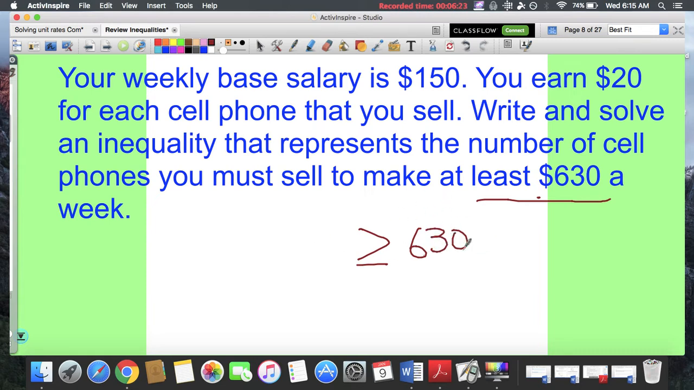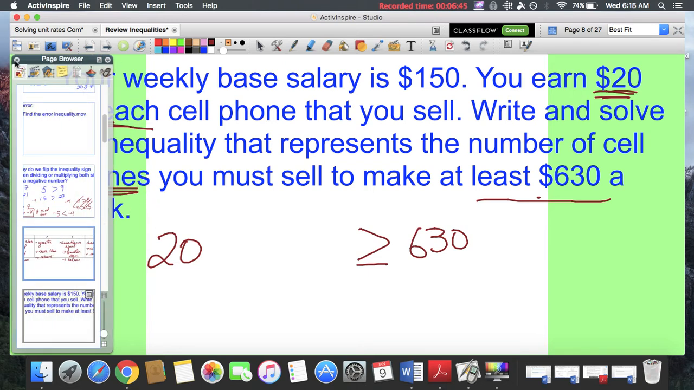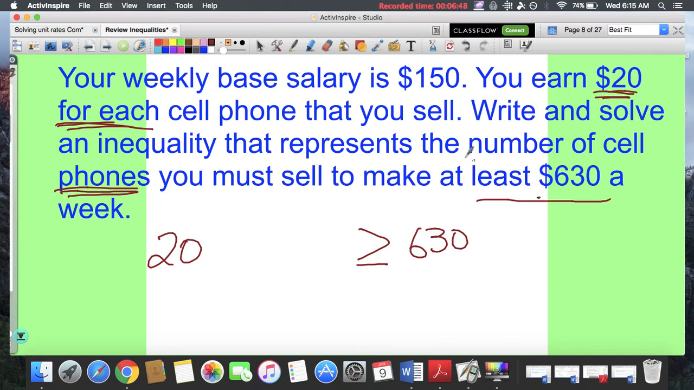So how is it that you're going to make that money? To make that money, you're going to sell cell phones and you're going to get $150 per week. You get $20 for each. And here are your clues to what your variable is going to be, what your coefficient is going to be multiplied by. So the number of cell phones is your variable. 20 times C, the number of cell phones, plus the $150 that you make,